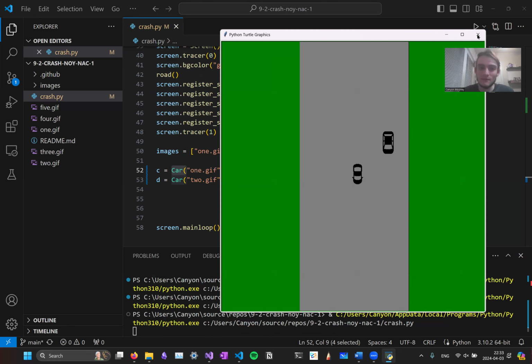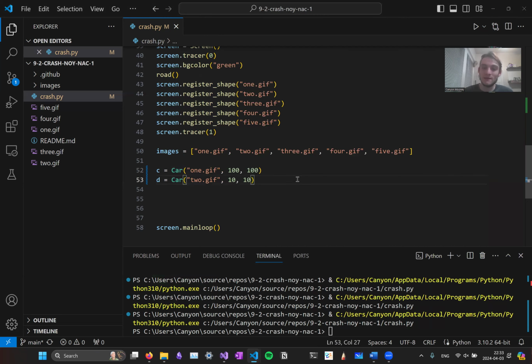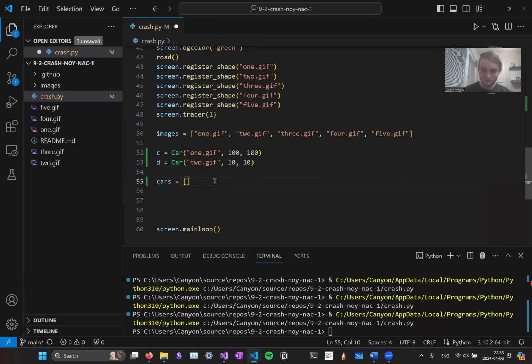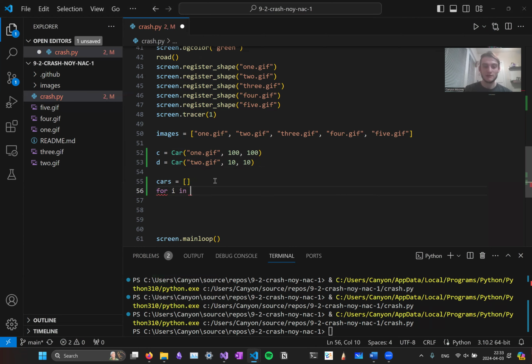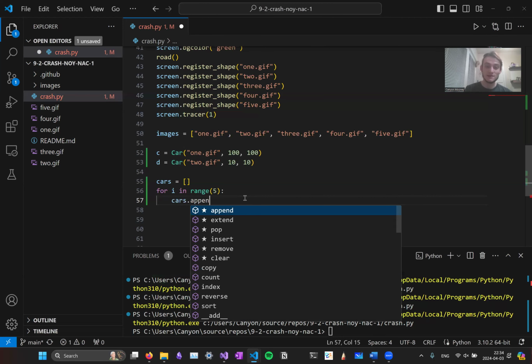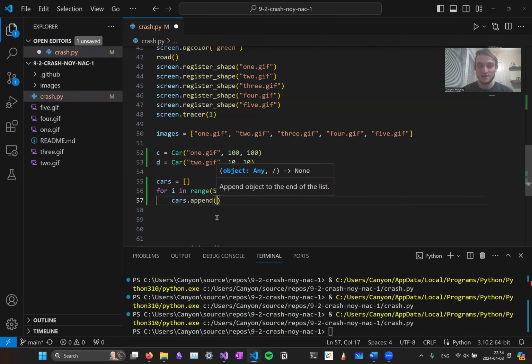And then once we have multiple cars, we might think of ways to store lots of cars. So we can make a list. And then if you want to make 5 cars, we could do for i in range 5. So this code will run inside the for loop 5 times. Cars, this is a list.append. So we're going to add something to the end of the list. We're building a list of 5 cars. And then